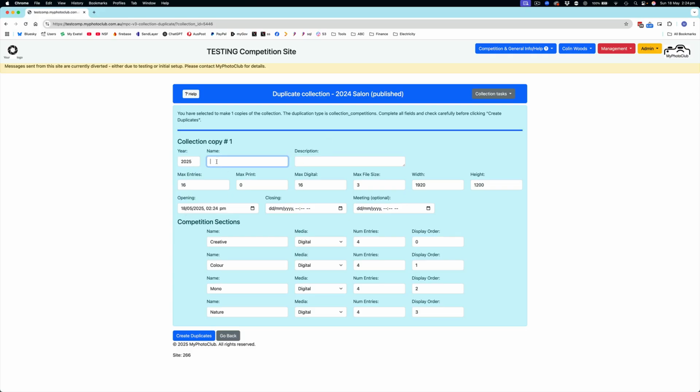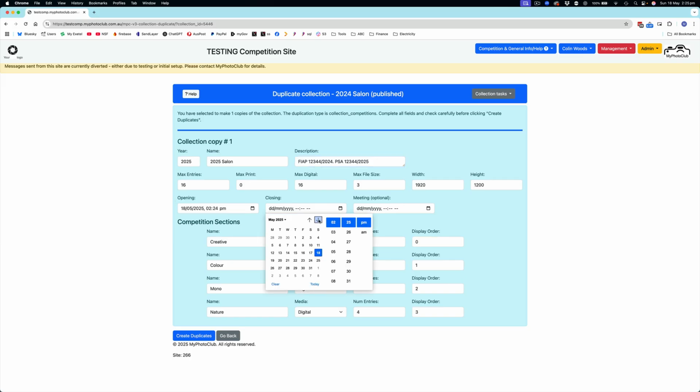and you'll see it'll come through, and you need to change the year to the year that the competition is going to run in, and then give it its name. And your description should have any approvals that you have for this competition. This will appear in your acceptance list. And if your competition structure hasn't changed, same number of entries, same file size, it's all fine. And then all you need to do is set the